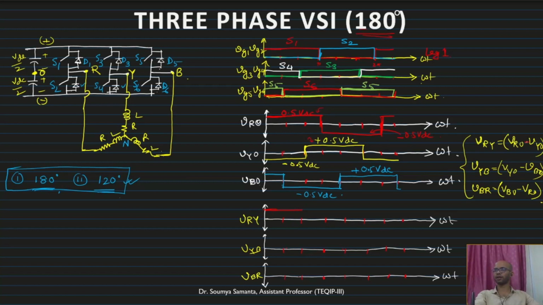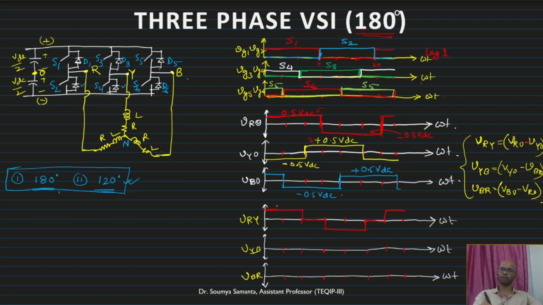But there is a minus here. So therefore this will be 0. So for the next 60 degree it will be 0. Then after that this will be minus VDC by 2, and this will be plus VDC by 2, but there is a minus. So minus VDC by 2 and minus VDC by 2. So this will be minus VDC, and this will continue up to 120 degree. Then again, I am directly drawing, this will be 0. Then again plus VDC this way.